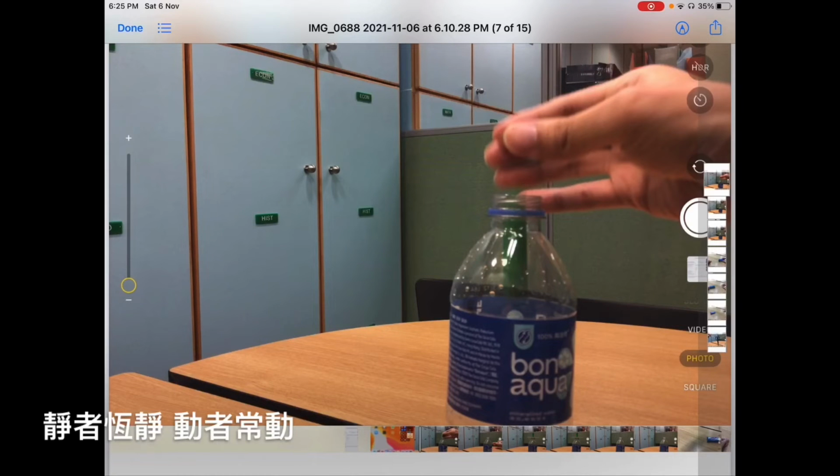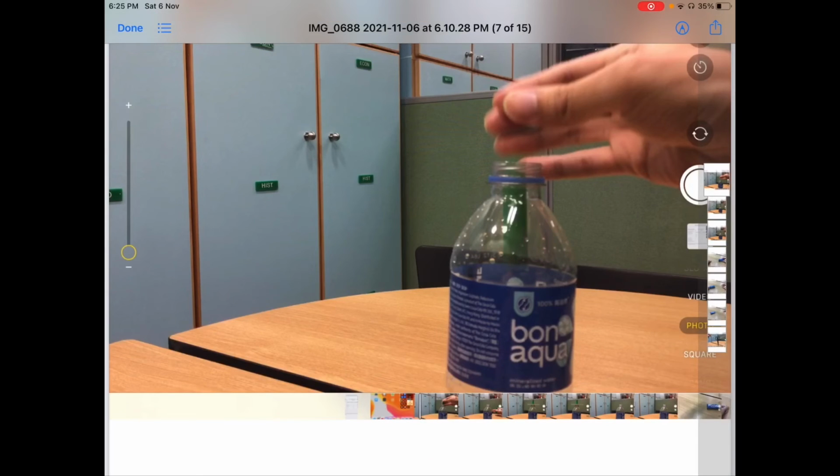That means if originally it is at rest, then it will remain at rest. If it is originally moving in a certain direction at a certain speed, then it will also keep this speed and also its direction of motion. That is, it will not speed up, or slow down, or change the direction of motion. 中文叫咩呢？靜者行靜，動者常動。